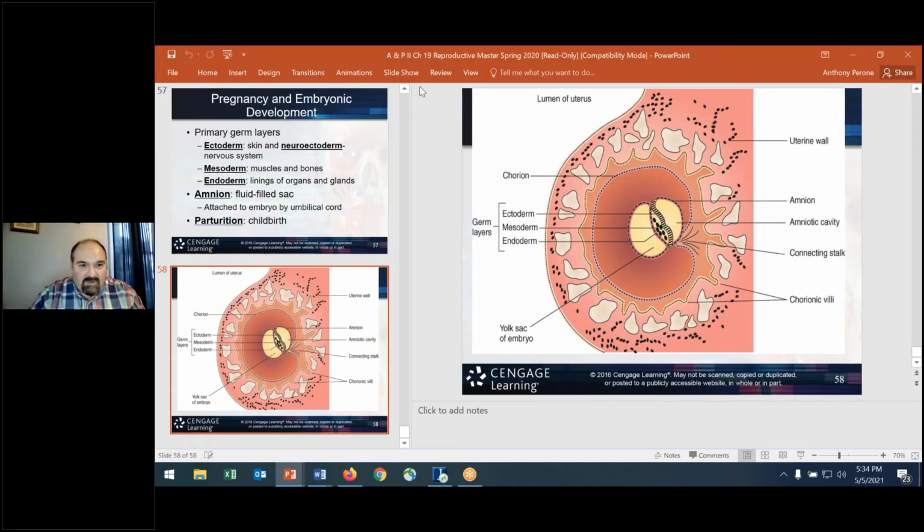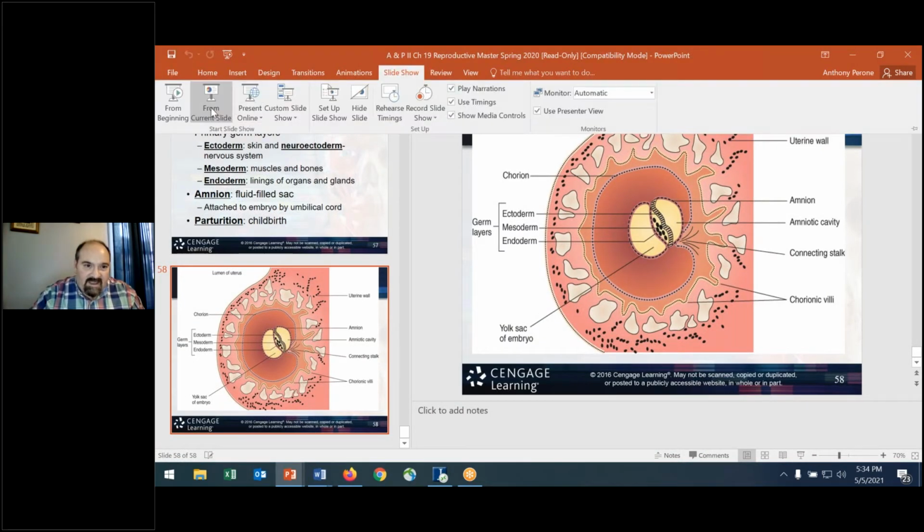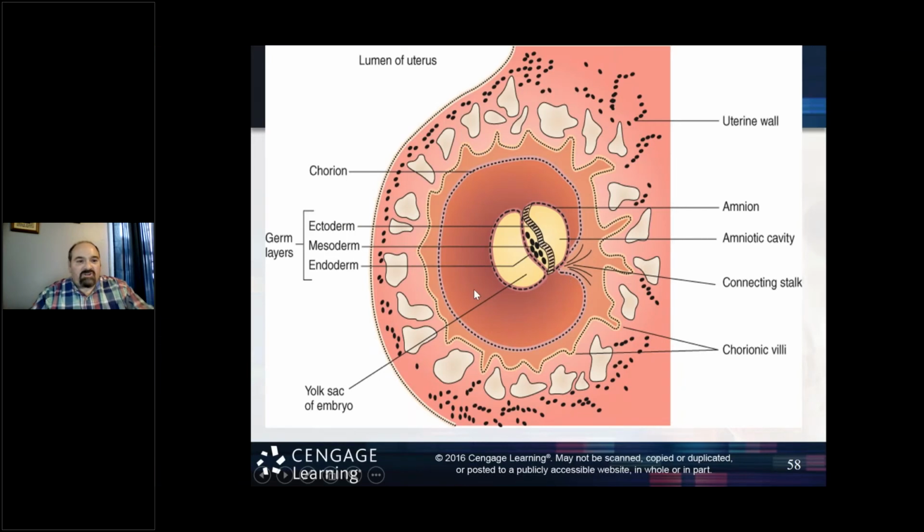But you'll see here, this last image that I have for you in the PowerPoint is just showing you the germ layers of what's taking place. And again, knowing that the ectoderm develops the skin and the nervous system, the mesoderm the muscles and such, and the endoderm the lining of the organs. Okay. All right, so let's stop